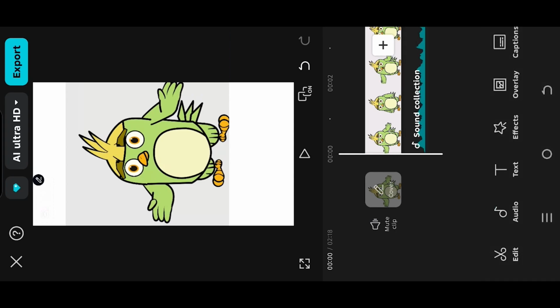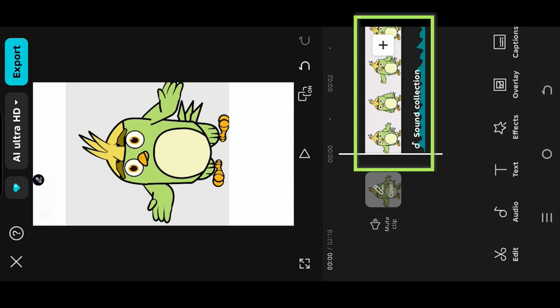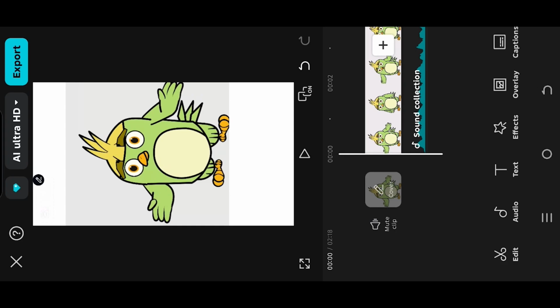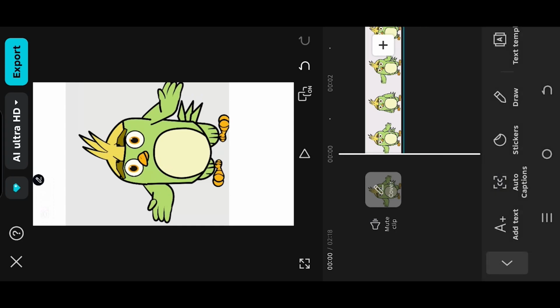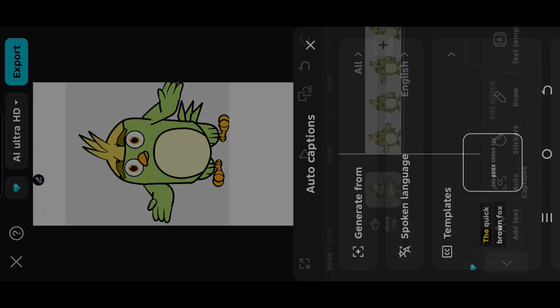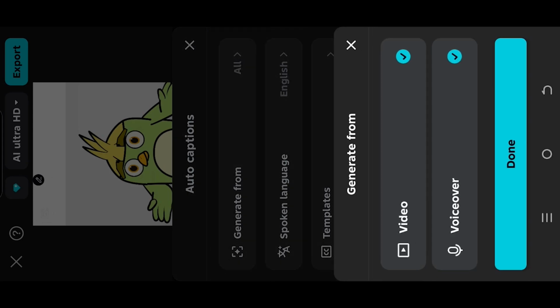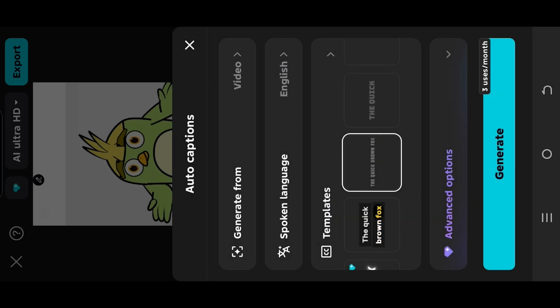Now to generate auto caption, make sure none of the layers are selected. Go to text, auto caption, generate from. Suppose we'd like to generate caption only from the video, so disable the voiceover. CapCut counts any audio file as voiceover. Now the language,